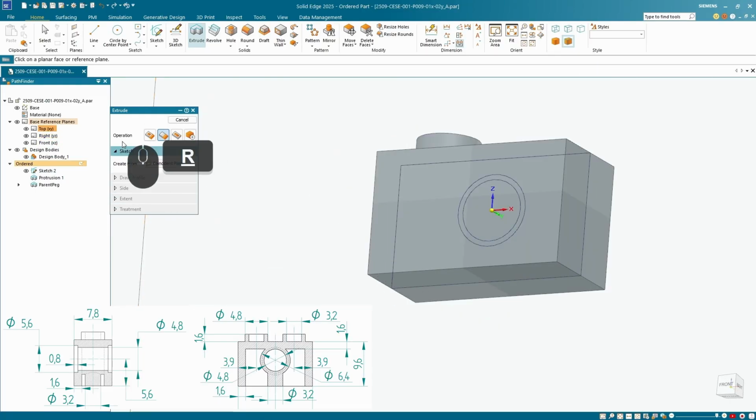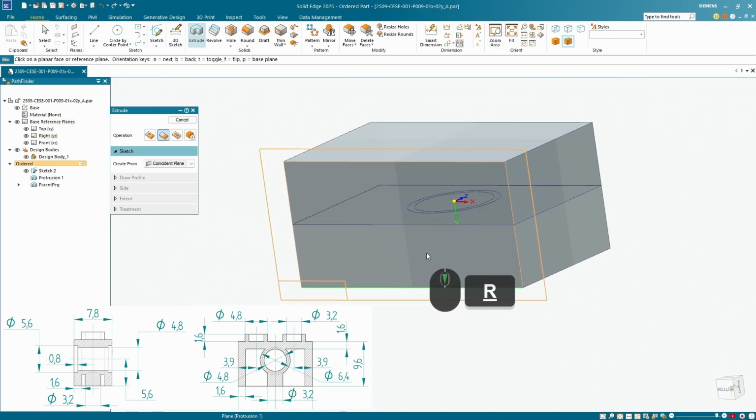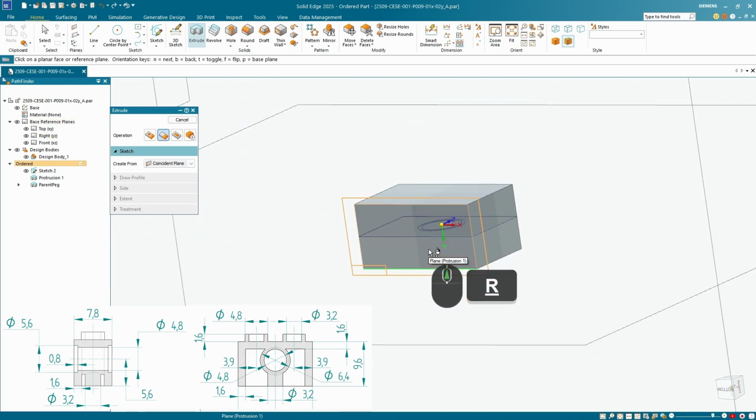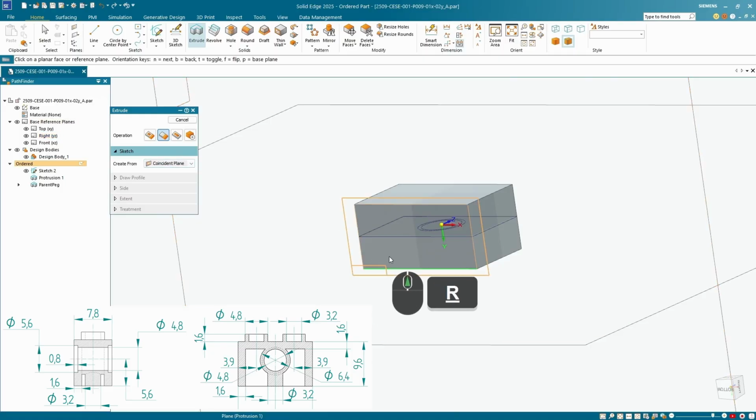And we've stayed in the extrude command. So maybe let's just take advantage of that. It's more efficient to group these operations together, so we're not going in and out. It's less clicks. So Solid Edge is looking for create from coincident plane, which is right for us because we